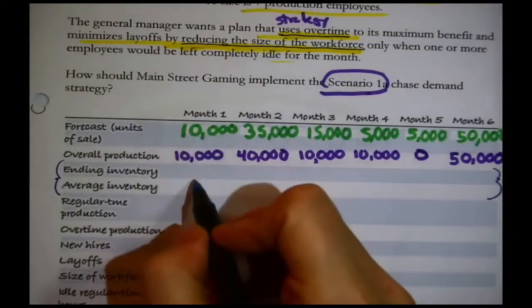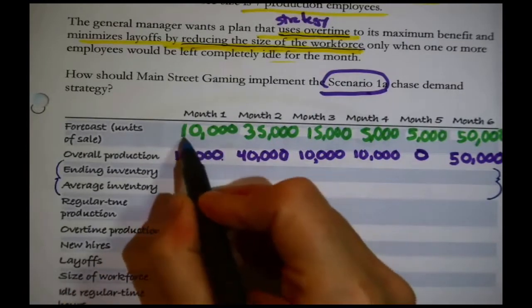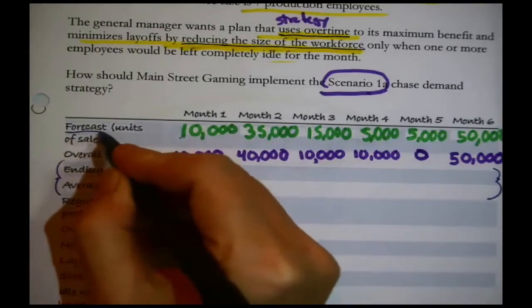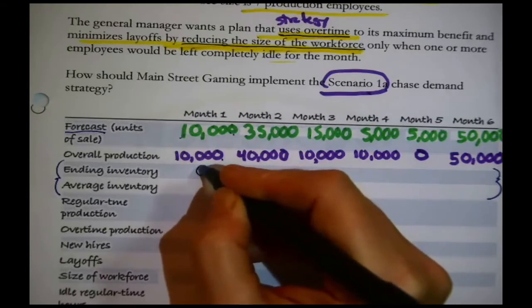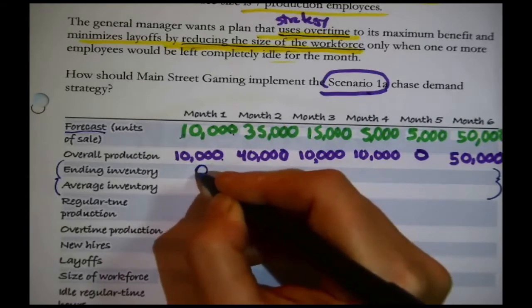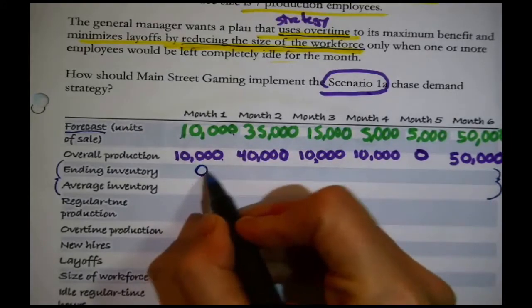Well, first off, we make the assumption that's perfectly consistent with everything we've been told about this situation, that there aren't any units of sale in stock right now. Meaning that here at the beginning, in month 1, we start with nothing. We're going to produce 10,000, but we're going to ship 10,000. That's another way to think of the forecast. This is what's being shipped out, which means that just logically, we're going to end up with nothing in inventory at the end of month 1. That means we'll have nothing going into month 2.